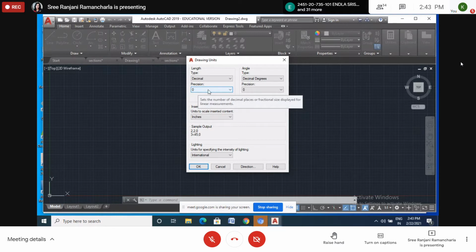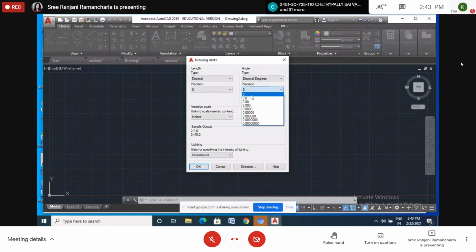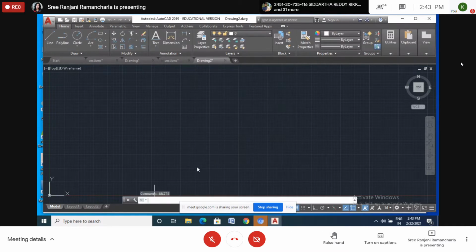Okay, I will show you the example again. If I take this one, 0, let it be here. Decimal degrees, let it be this much only. And here precision. Decimal degrees means precision also. I don't want to take 0 here, so I will take 0 first, then I will show the reason. Now after deciding this, I will show the difference.